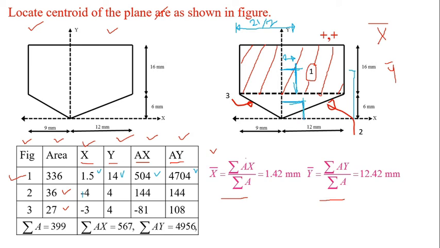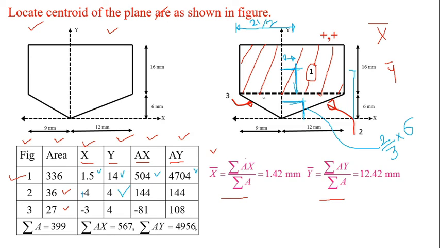Now see this distance, now we are measuring from the apex point, and when you are measuring from the apex point, this distance is equal to 2 by 3 into the parallel dimension. The dimension parallel to this distance is the vertical dimension 6, so 2 by 3 into 6, hence y is equal to 4. If you are measuring it from a side, it should be 1 by 3 into the parallel dimension.